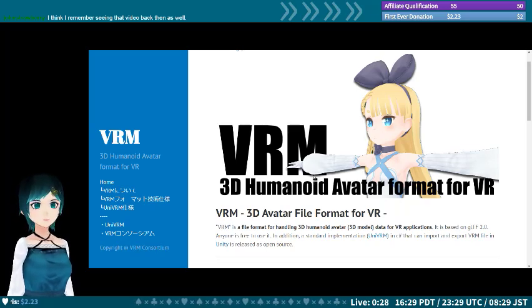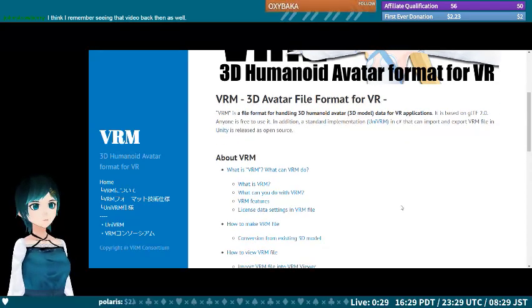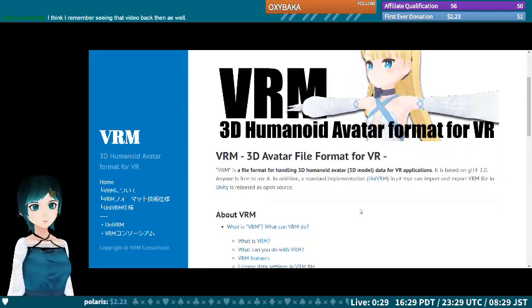Seeing all this VTuber stuff and VR stuff come up, people started coming up with this standard. And if you go to this page which talks about the format,